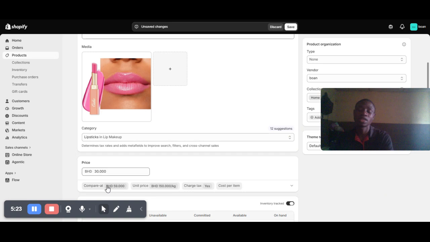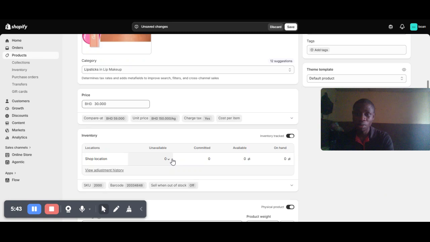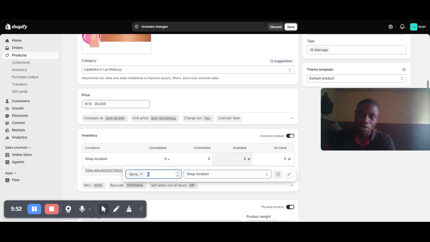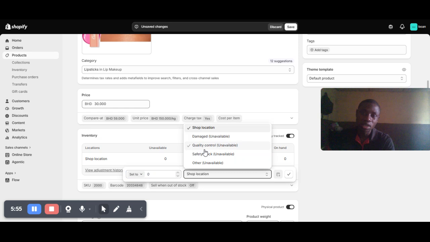Then if maybe you have a compare at, maybe you want to sell it at the rate of $100, so you want to compare it that okay, someone actually sold it at 150. So this is just for upselling purposes for the product as well. Then the next thing is to come to the locations, where do you want it to be? Maybe unavailable, maybe how many are available, then commitment and availability, then available, how much do you have, how many products do you